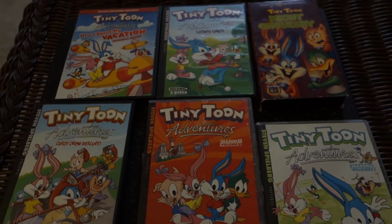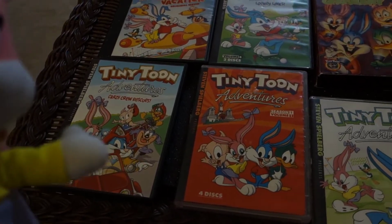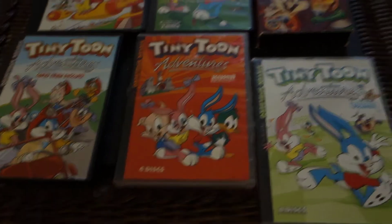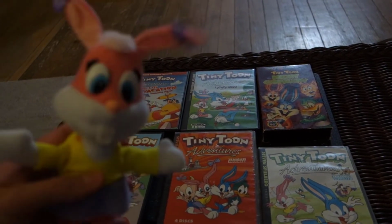So yeah, in total we have 5 Tiny Toons DVDs. The only ones that we have so far, unless you count Pinky, Elmira, and the Brain, but we are not getting that DVD because Elmira sucks. And so yeah, this is probably a very short video, but expect more videos from Tiny Toon